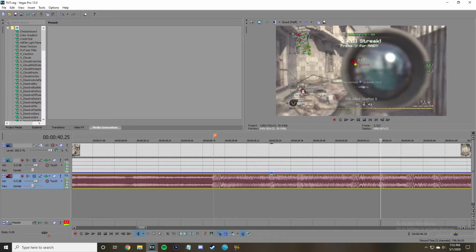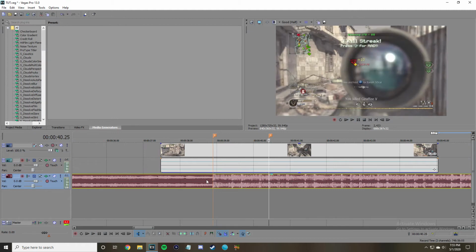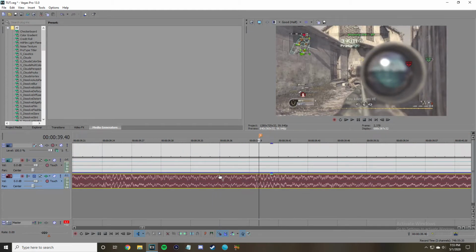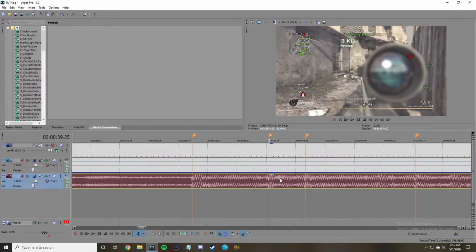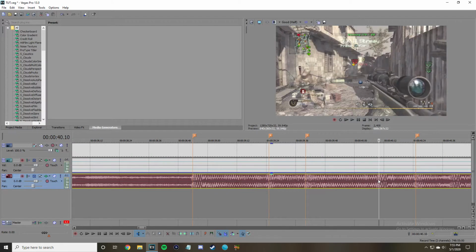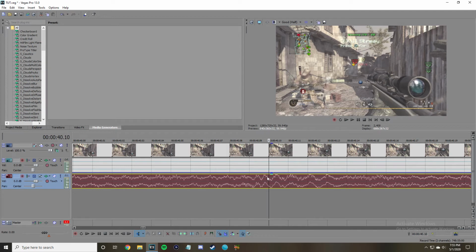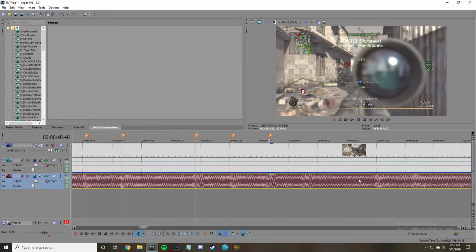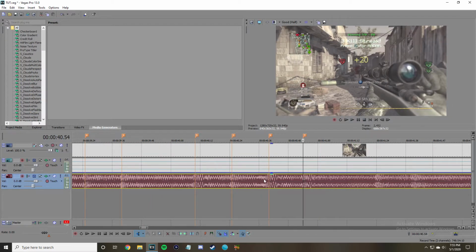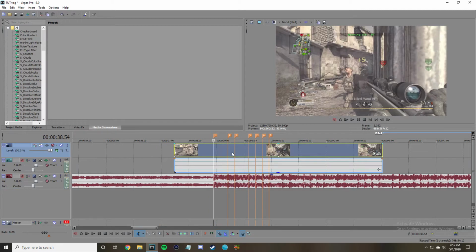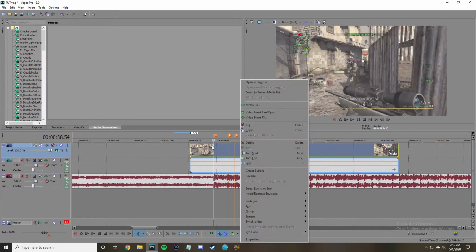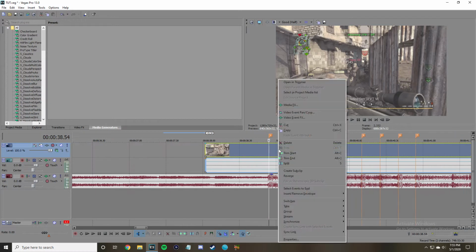I'll try to sync it maybe a little differently than normal, just to show you how to use velocity. Wherever there's a beat at the start of it, as you edit more, you'll start to pick up on what it looks like, and you'll be able to look at it and know what type of sound it is. So I'll put some markers there, and I like to go right, don't sync up the first shot without velocity